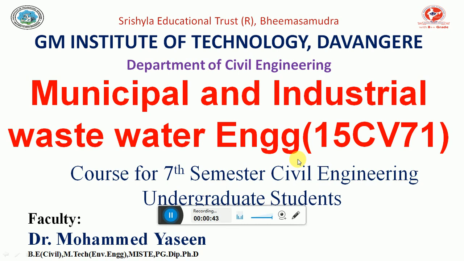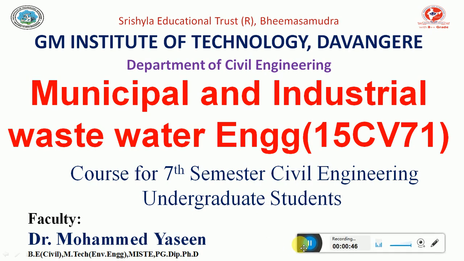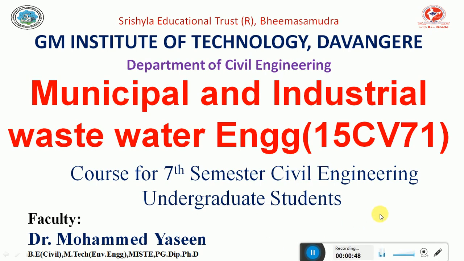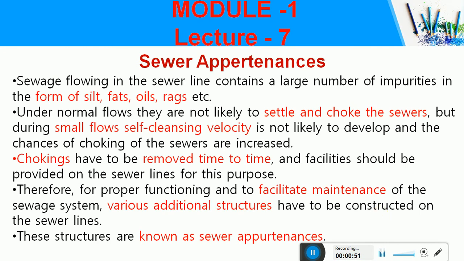Okay, so in today's class, we shall discuss the other sewer appurtenances. So what are these sewer appurtenances? Like I was telling you in the previous slides, the sewerage system consists of various pipes and appurtenances which are required for the effective functioning of the sewerage system. That is, once the storm water and the wastewater is generated, it should be taken in closed conduits from the point of its generation until it is disposed.